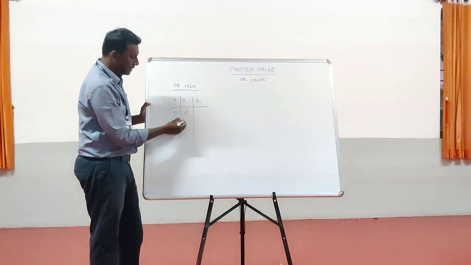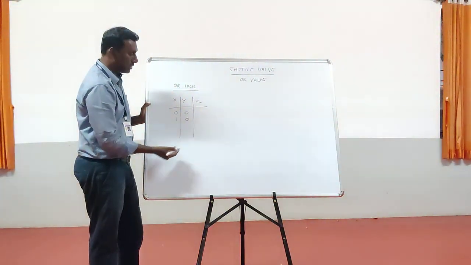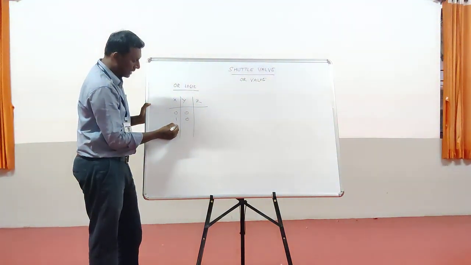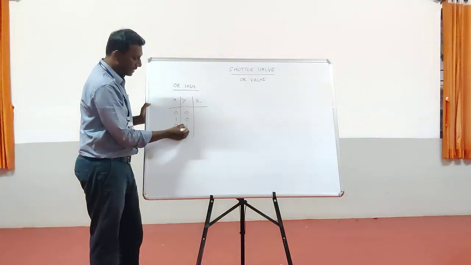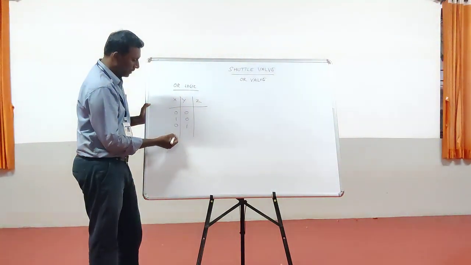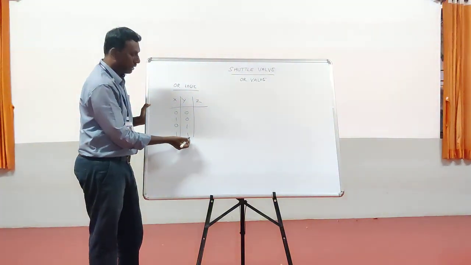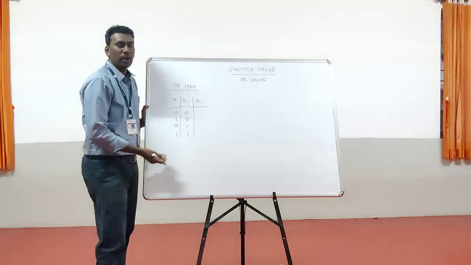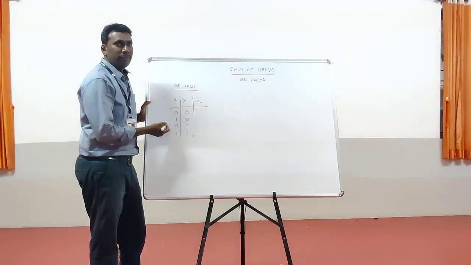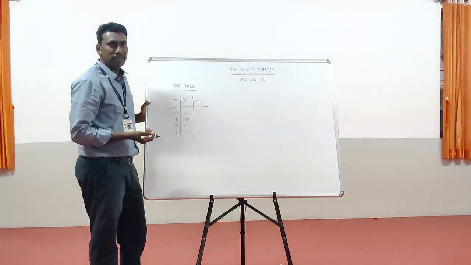Next, if X is enabled, input 1 is enabled and input 2, Y, is disabled, what is the output of this logic? If X is deactivated and Y is activated, what is the output of this combination? The last one is, if both X and Y, both the inputs, are enabled, what is the logic output of the OR gate? We studied that if any one of the inputs is enabled, the OR logic will produce the output.